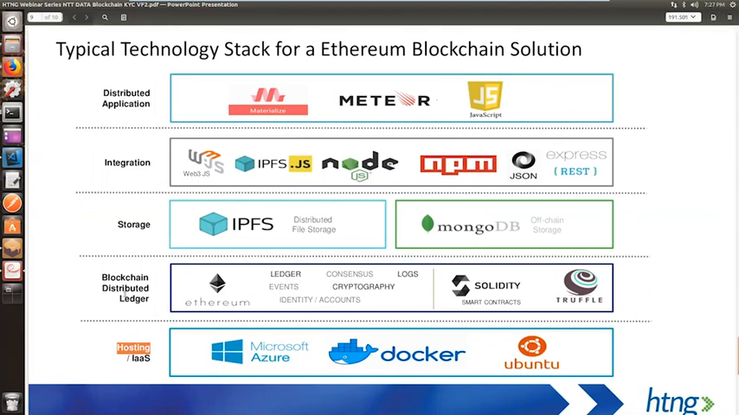Going on to the next layer, which is the blockchain distributed ledger, the blockchain platform used here is Ethereum, enabled by Go Ethereum client, or in short, Geth client. Solidity is the programming language used to develop smart contracts. Truffle is a development environment and testing framework for Ethereum. Truffle Suite